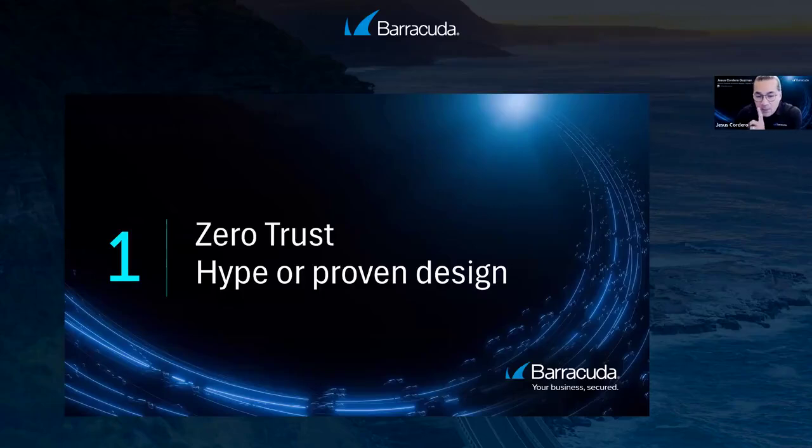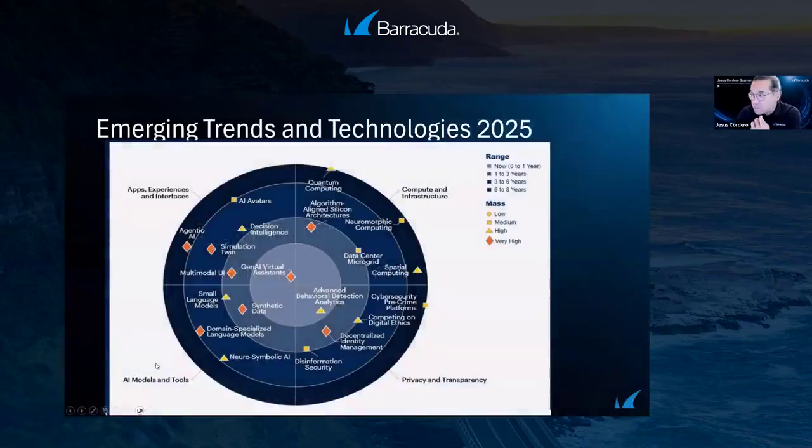Based on facts, on research of analysts, institutions like Gartner, they have been analyzing all the emerging trends and emerging technology during this year. As you can see here, how they mature over time, how long they need until they really become a trend or a standard in the market.